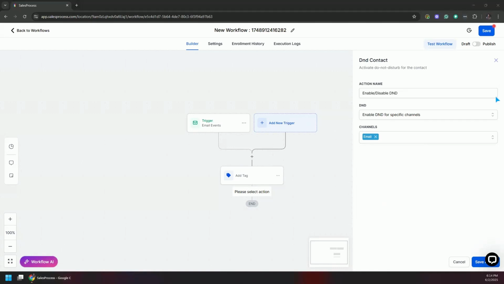Okay, so to keep our list clean, this is one of those triggers that would be used in here. And so that way our email list or contacts would be rather more cleaned up, and the reputation of our email domain would not go down, because we are triggering the people to be added to DND when they have bounced our email, or they might have